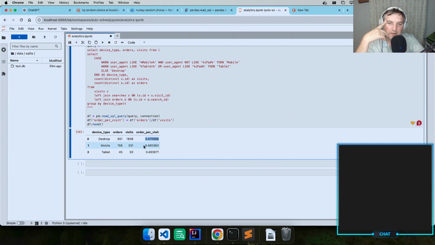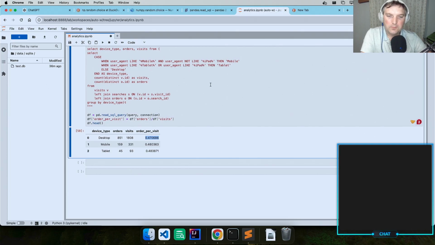I was kind of expecting that maybe the mobile has a bigger conversion rate, but that's not really true. All the users have basically a very similar conversion rate across all the devices. So that's really not the case, right? So the device in this case, at least in our random distribution, didn't really add too much. However, if I take this data,